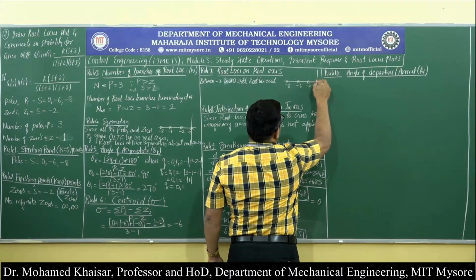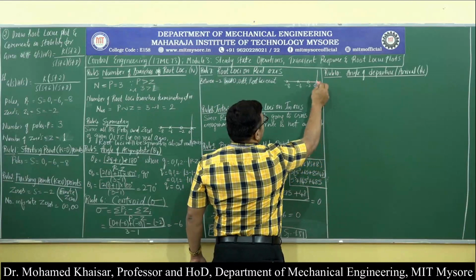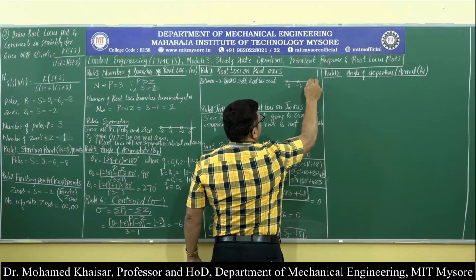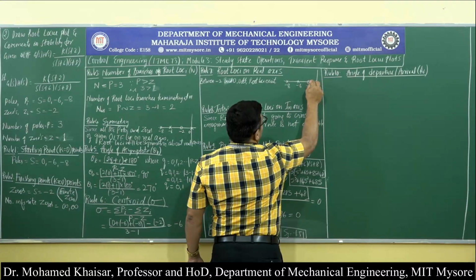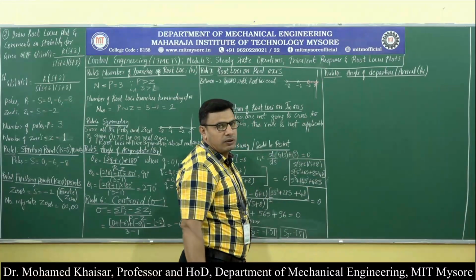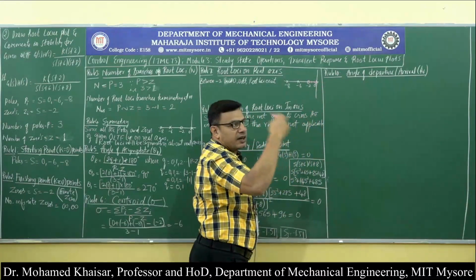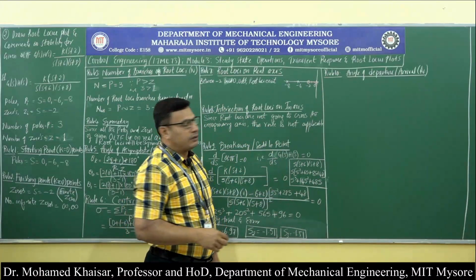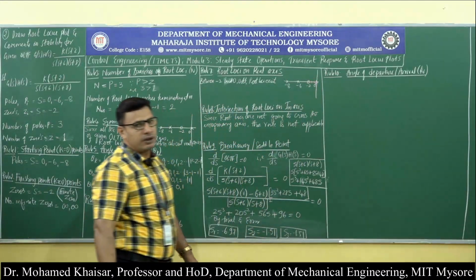So I will write it with color chalk. Okay, and then we can also see here that, see, this is a pole, and root locus always start from a pole. This is a 0. Root locus always terminate at a 0. So the root locus is starting from this pole and terminating at a 0. So arrow is very important. If it is leaving the pole, that means it has started from the pole. If it is getting into the 0, that means it is terminating at a 0. So one branch has started from this pole and it has got terminated at this 0. That is what it means to say.